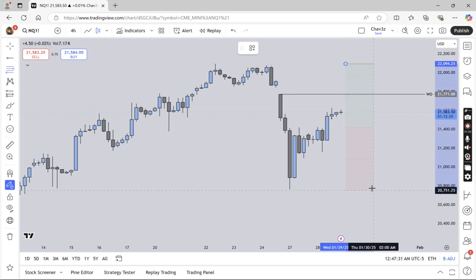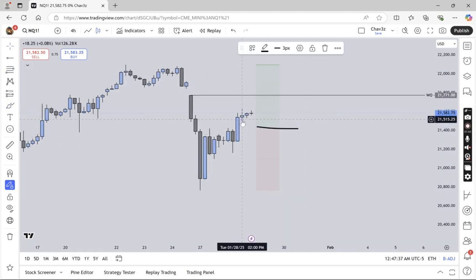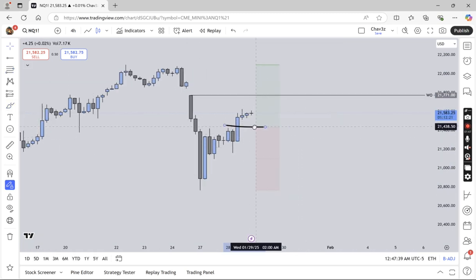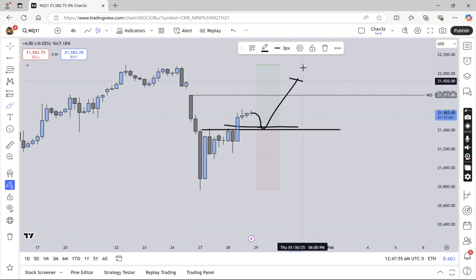I believe that we're trading in this big array here, and we've already broken above the 50% of the array. We've already broken above what I would consider it's time to be bullish. Like, hey, Chavez, don't even look for shorts. Look for bullish price. If we do go short, I don't anticipate us to break this, which is a fair value gap on our key level. I anticipate us to go higher. I don't think we'll drop and go lower.